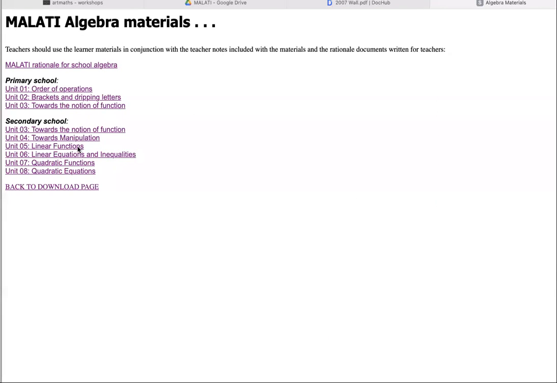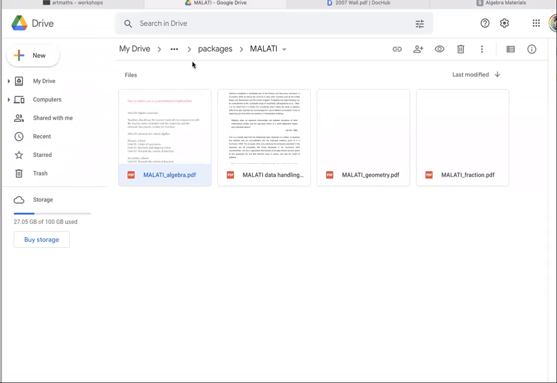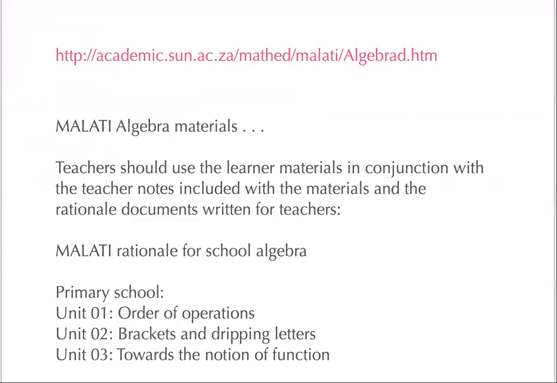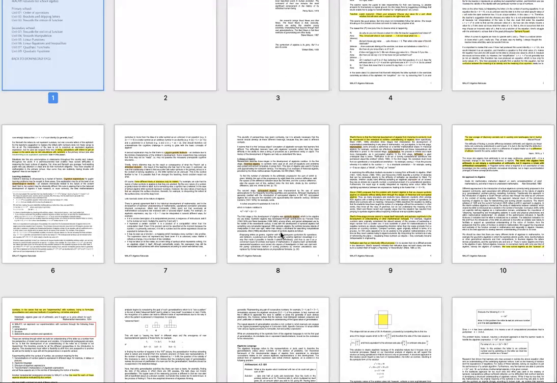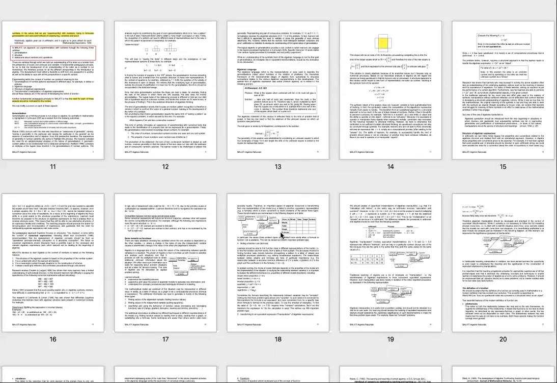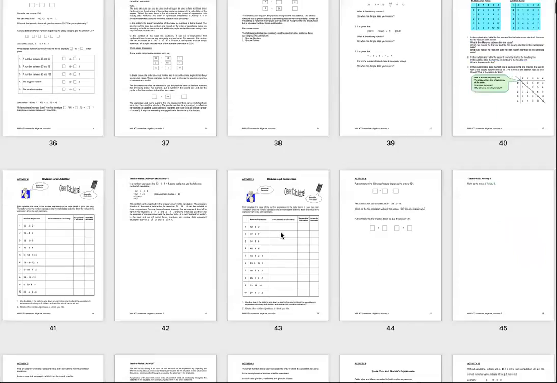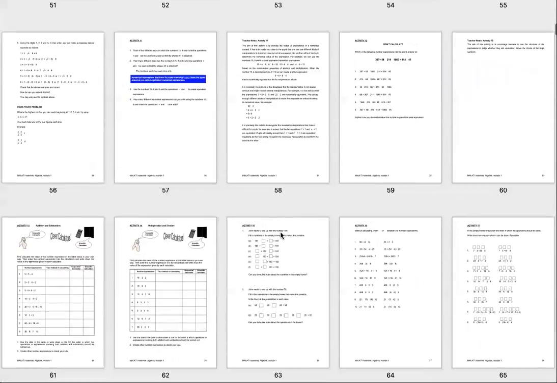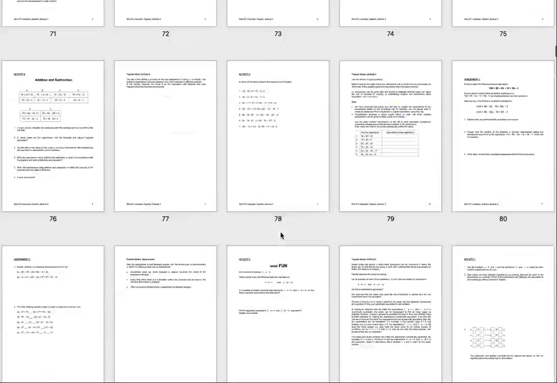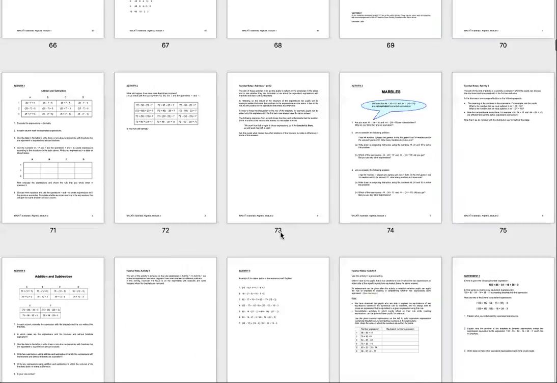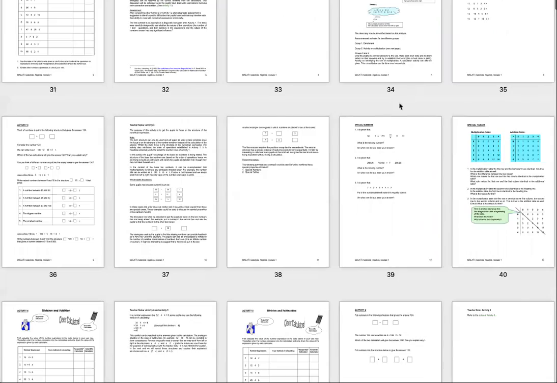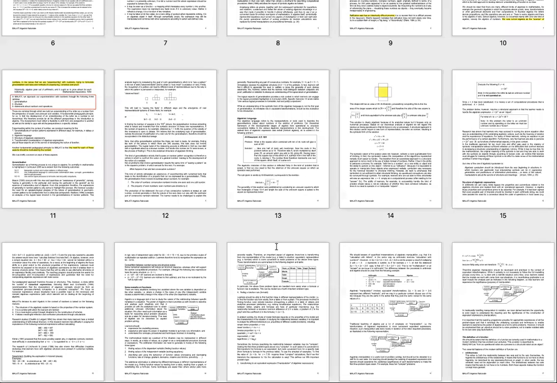Now you will find that they put it into different files. But in my copy that you download from my Google folder, it has all the documents combined in one. Because when I download it, I try to merge them together into one big file so that you can trace all the material from primary to secondary school regarding algebra. And more important is that the authors of this website actually also explain the rationale behind the design,